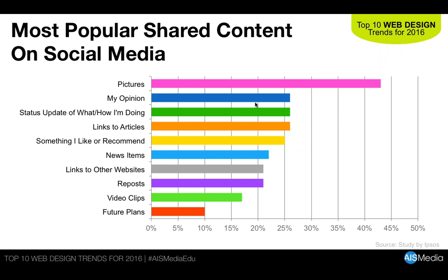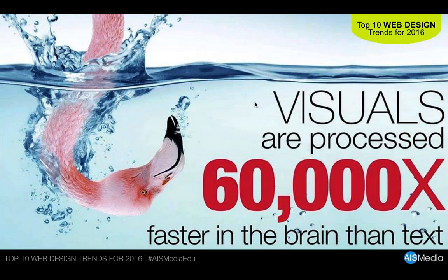So 3M did a study and found that visuals are processed 60,000 times faster in our brains than text is. We've always heard, hey, a picture can tell 1,000 words. Well, in fact, 60,000 times faster, okay? So if your website is lacking visuals, or your marketing campaigns are lacking visuals, or your email campaigns are lacking really punchy,